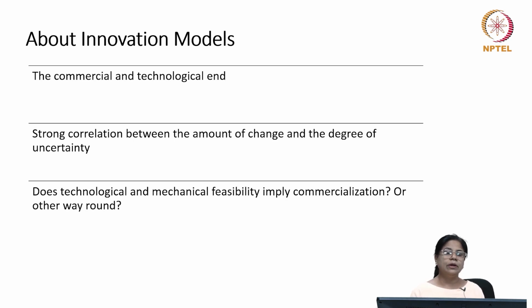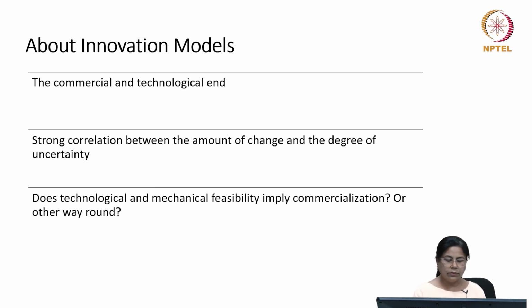First, to begin with, we need to have a little bit more understanding of the process itself. That deepening of the knowledge will help us in also understanding the evolution of the different models. This builds on the work of Klein and Rosenberg, who have pointed out that technological success is only a necessary but not a sufficient economic condition. Economic usefulness is of importance, and we have seen that over a period of time there has been overemphasis on the technological aspects. Thus, we need to bring in the economic usefulness, the commercial, the demand aspects